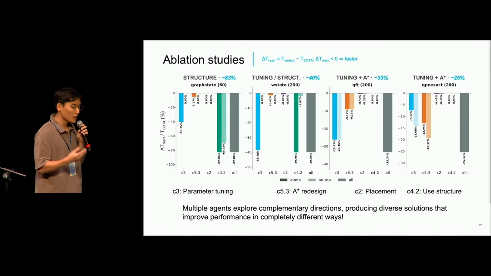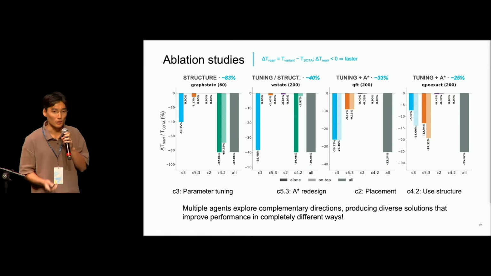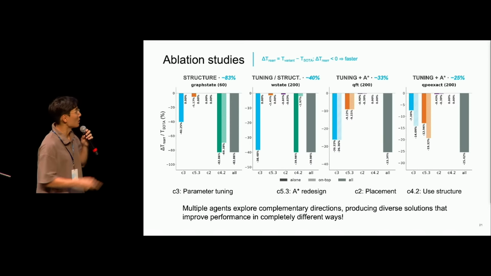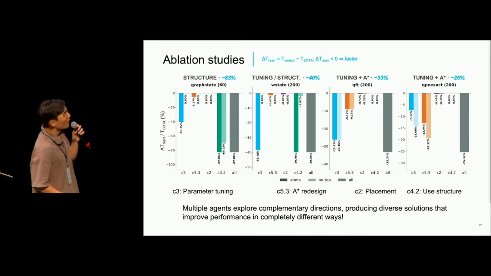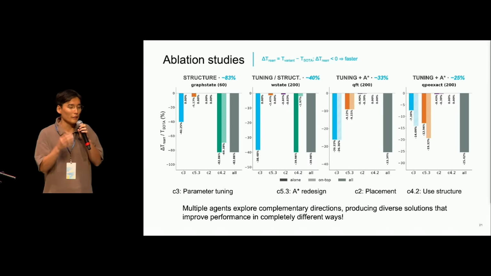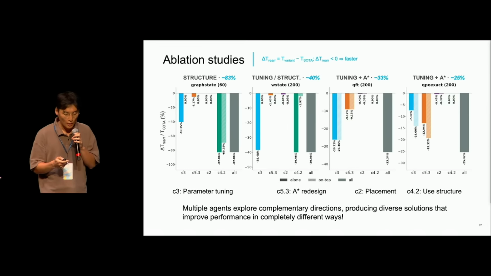And now let's look at the ablation studies to understand how the agents find better solutions. Here, multiple agents explore different strategies as listed below the chart. And here, really, the takeaway is that different circuits are improved by different combinations of strategies. For example,